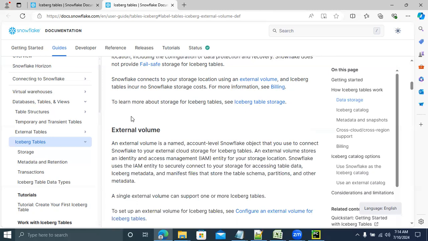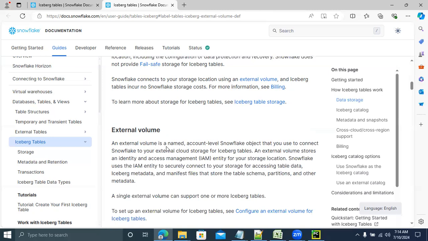To connect the external storage location, what will you use? Storage integration: create or replace storage integration. For Iceberg tables, you should use the external volume. This is the one we have to use for connecting to your external storage.